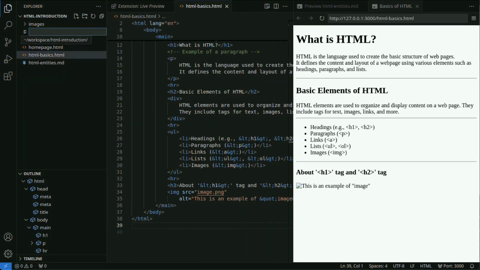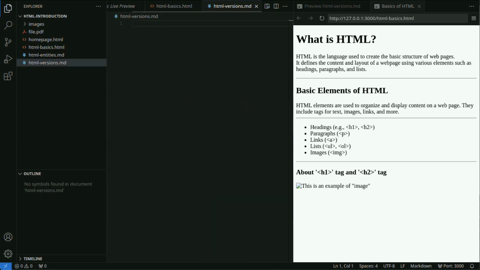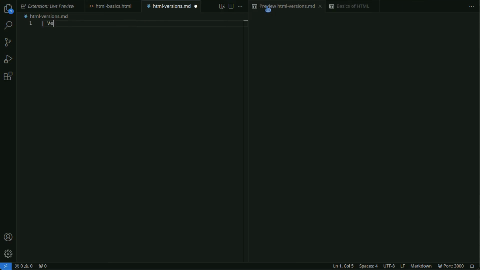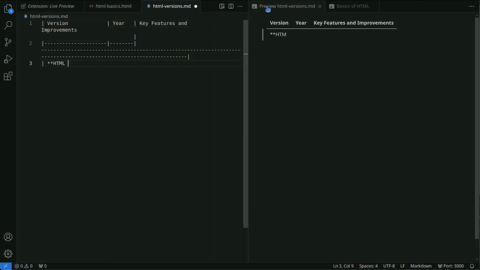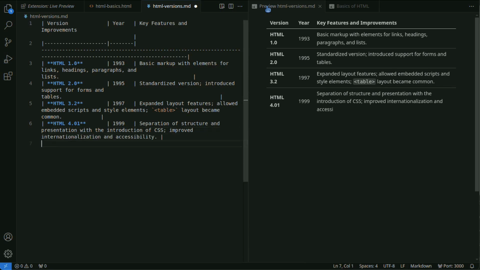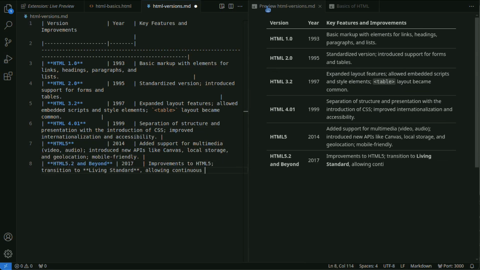Let's take a look at HTML versions here. HTML versions have evolved to define the structure and functionality of web pages. Here are the main versions.